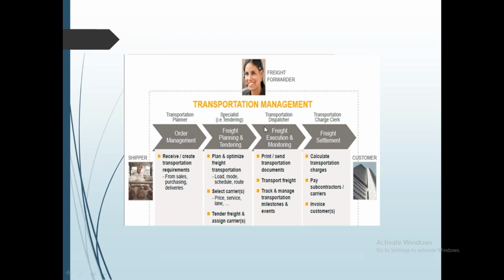And lastly, once you have done these three processes, your order is done, planning is done, execution is done. That means the product has reached and been delivered to the consignee. Consignee means the customer. Now you need to pay the carrier. For payment to the carrier, we create a draft invoice called a settlement. The settlement is triggered from a freight order and contains all the charges in your freight order. But why is settlement created? Because the settlement document needs to be posted to create your service PO and service entry sheet, followed by MIRO.